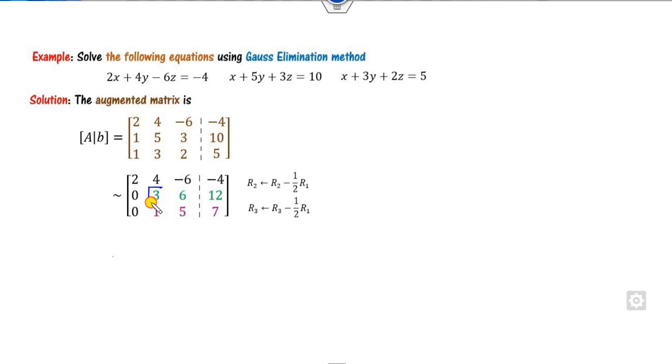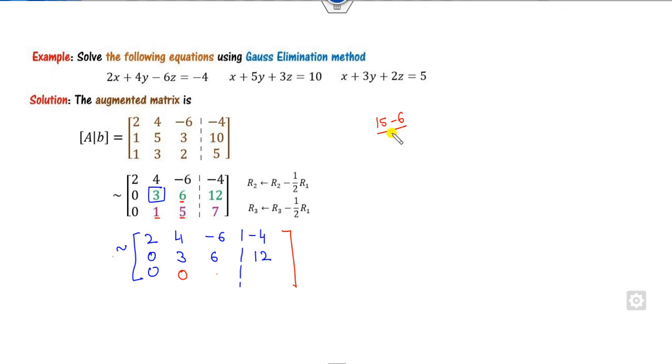Now next one is, you can write this box element. Fine. You can write the first column value. You can write this value 4 minus 6. You can write the second row here. Now since I need this value to be a 0, I need to calculate this value. What is the previous value? 5. What are the other two elements? 6 and 1. So what is the answer? It is 15 minus 6 divided by the box element. So it's a 9 over 3. It is my 3. What is the value of this? Previous value is my 7.